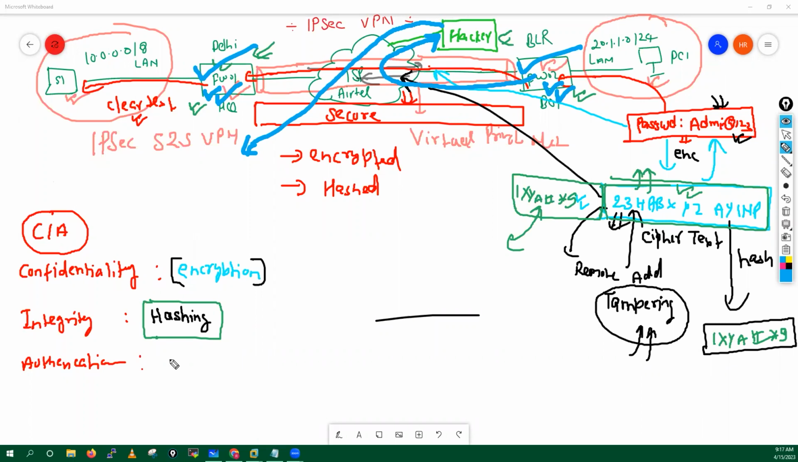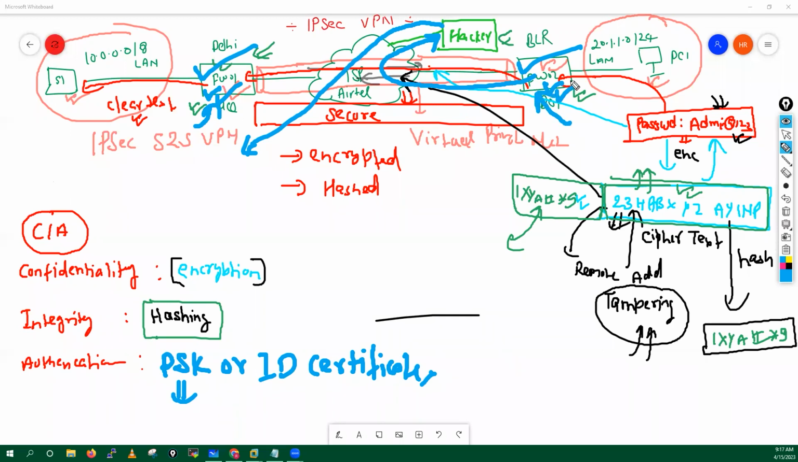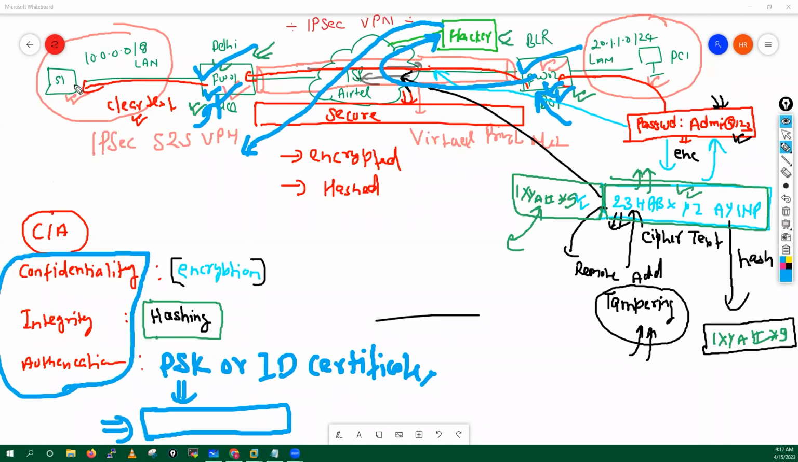And this validation they will do with the help of a pre-shared key, or with the help of an identity certificate, or with the help of certificates. This pre-shared key is a pre-shared password. Some type of password we will set here, and some type of password we will set here. If they have the same password, they will do the same type of calculation, and like that they will validate the authentication. So these are the main three challenges which people faced